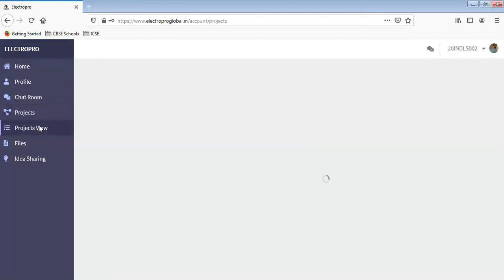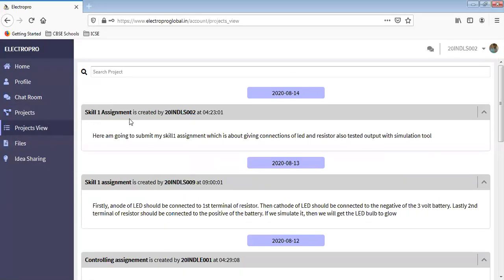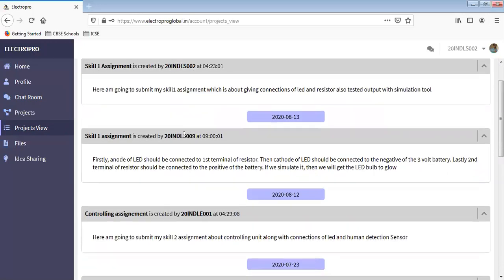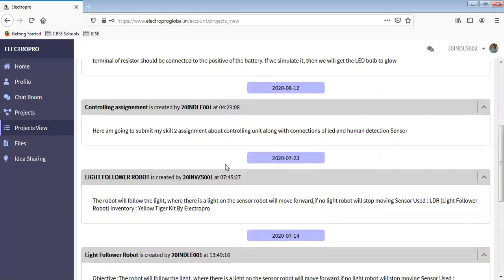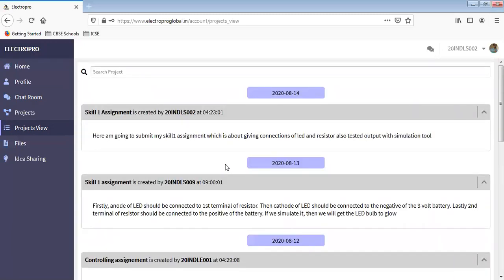So what is the projects view? Whoever submitted, see, skill one assignment is created by your ID. This is my ID. Your ID will be displayed here. Someone submitted yesterday. You can see the assignments and go through these to come to know what others are doing, so that you can take their help, and instead of creating new, you can duplicate that for learning purposes.